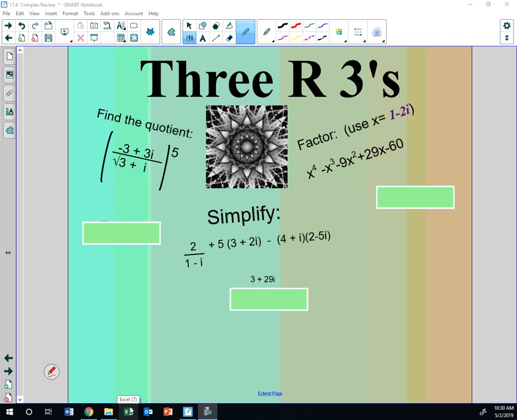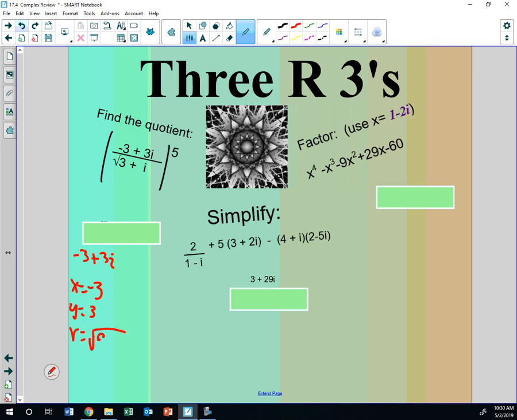All right, so first one, we're going to change this part into cis form, because once it's in cis form, division becomes subtraction and powers become simple multiplication. So we need to change it to cis form first. For negative 3 plus 3i, we have x is negative 3, y is 3, and your r will be